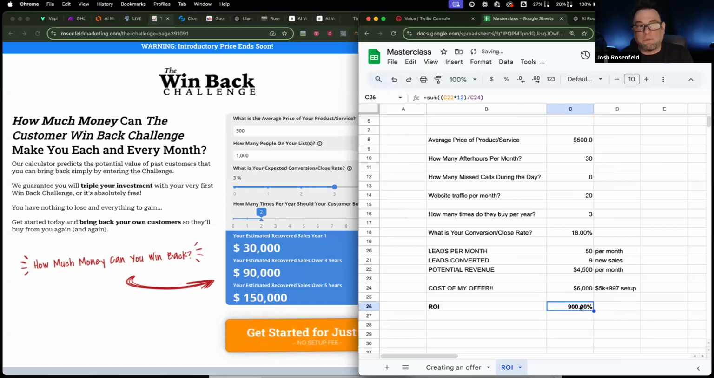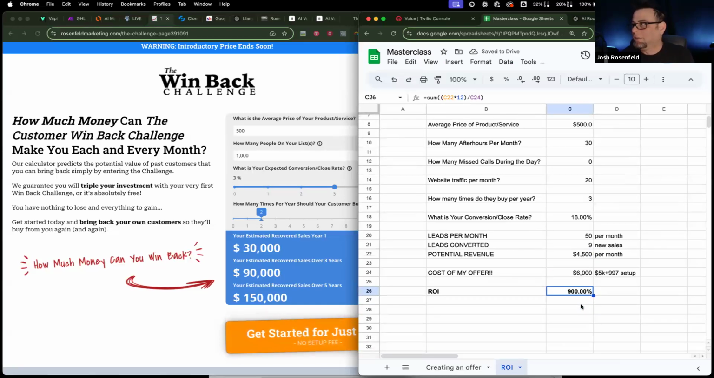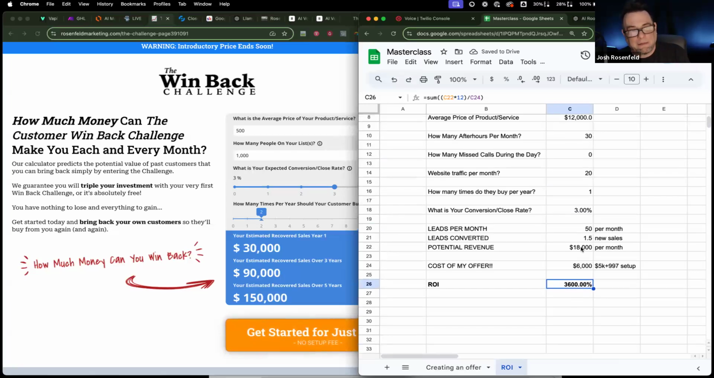It is a zero-brainer when you use a calculator like this. So if I go back to this one, which is $12,000, and it was one time a year and 3%. Let's see what that is. I mean, it's crazy. If you have a set it and forget it system that's working to get just their